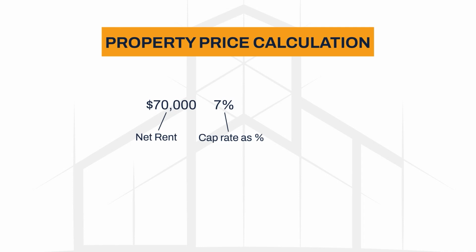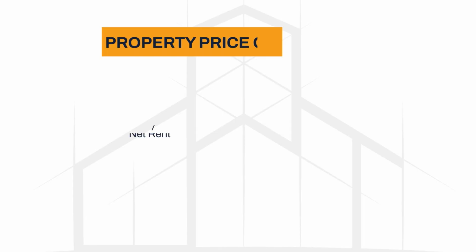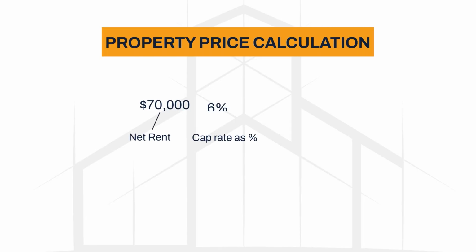You can calculate the $70,000 divided by 0.07, or 7%, and land on $1 million. This means the property's purchase price should be around that mark. Let's pretend that the cap rate was actually 6%. This means you would divide the $70,000 by 0.06, or 6%, and the purchase price would now be around the